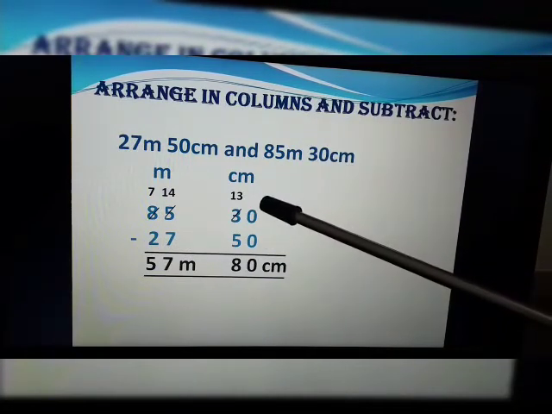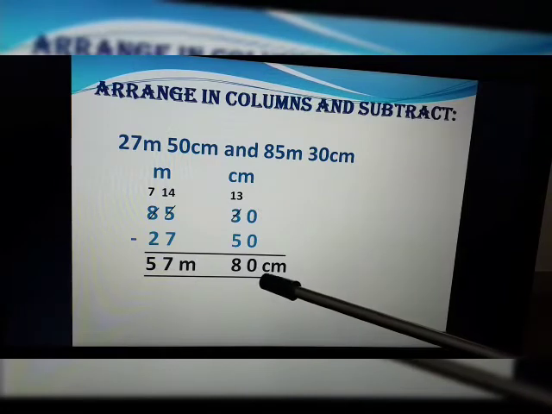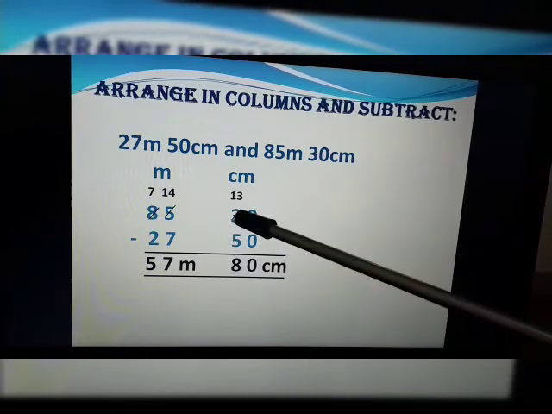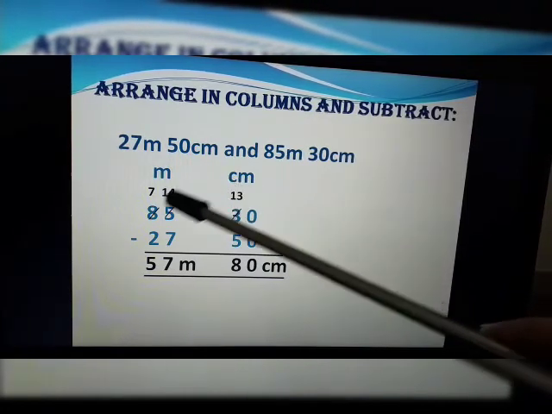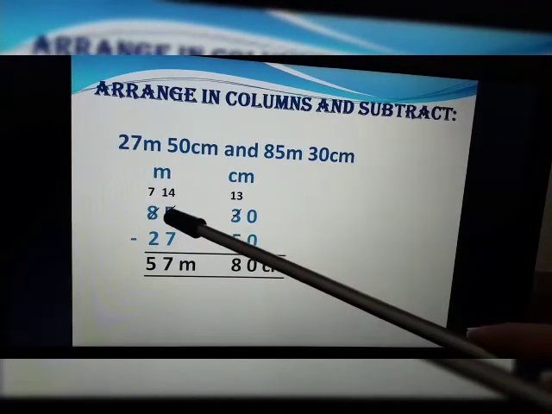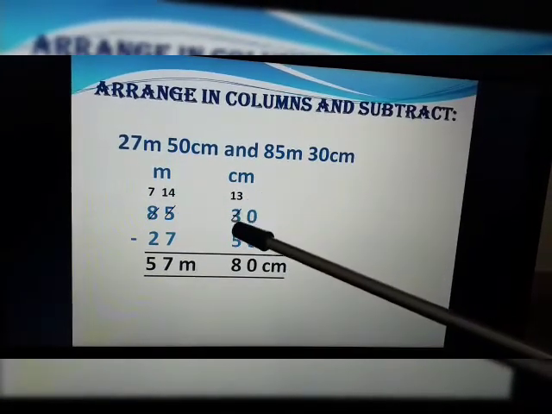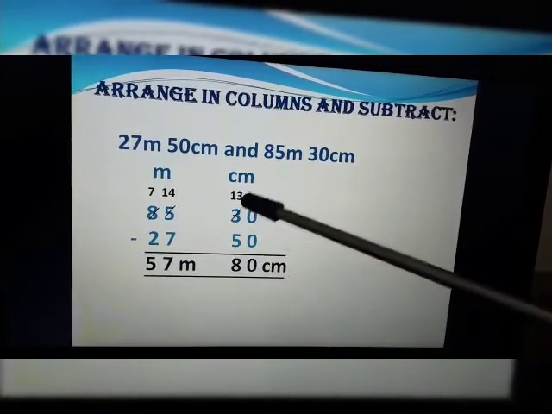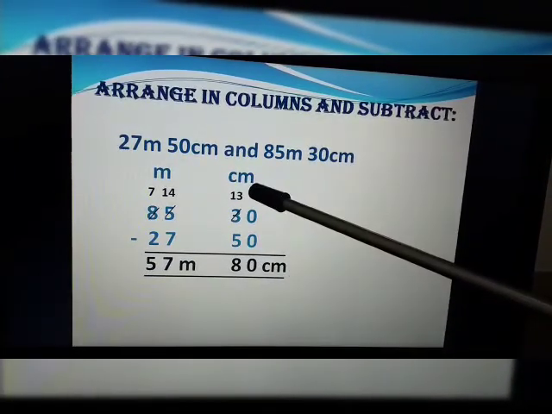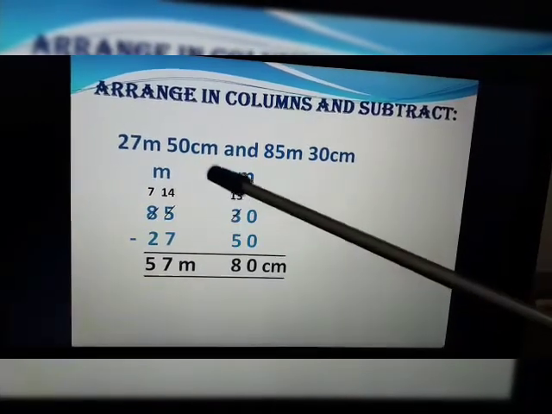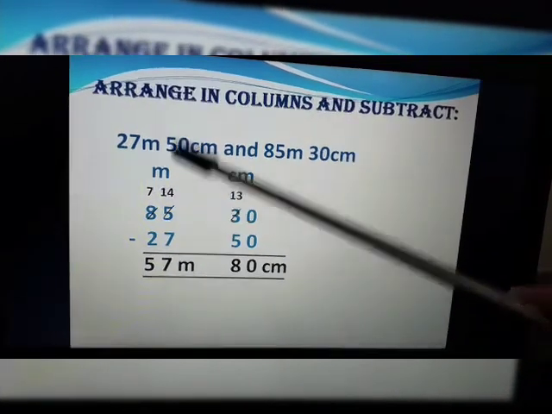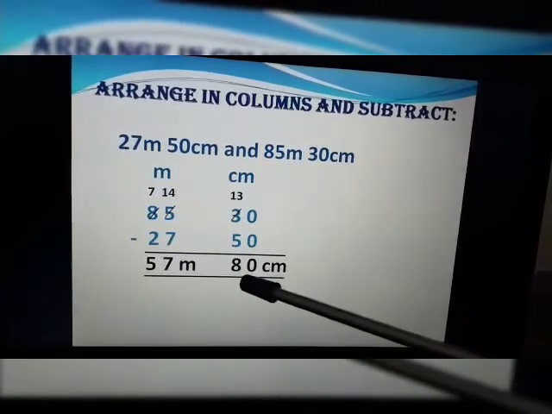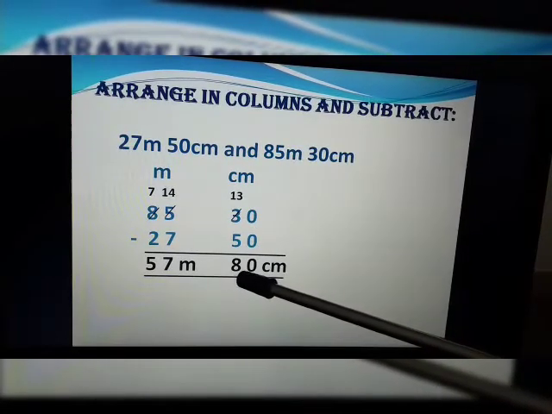Now we will subtract 0 minus 0, 0. Now we can't subtract 5 from 3. So we have to borrow 1 from the next digit. So 3 will be 13. Now we will subtract 5 from 13. Okay, and 3 will be 13, then 5 will be 4. Okay, now 13 minus 5 is equal to 8.